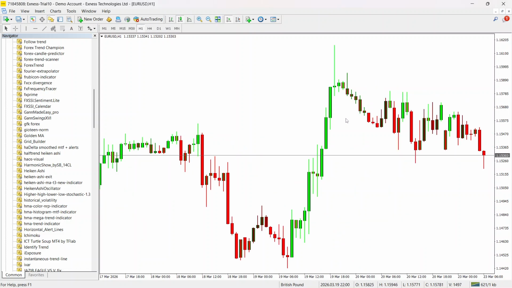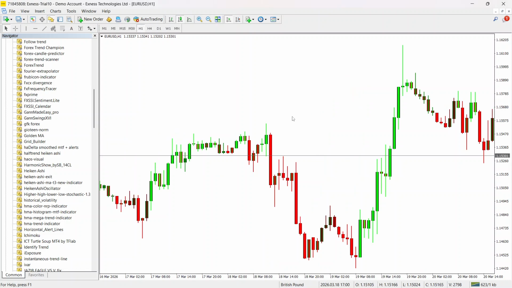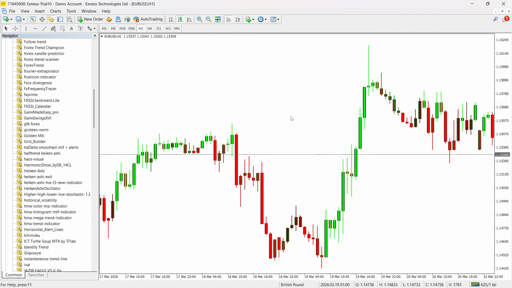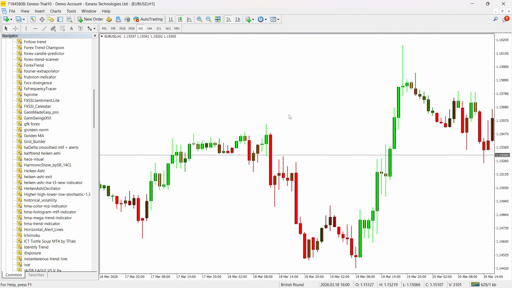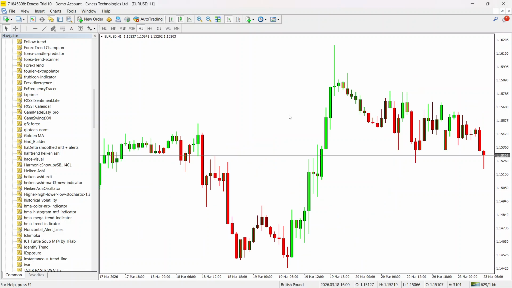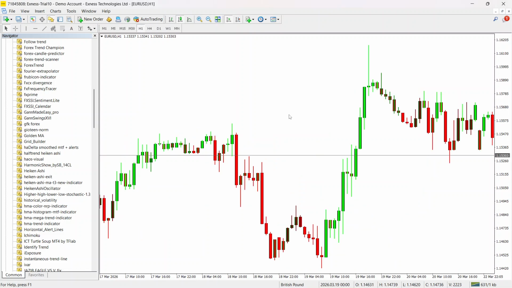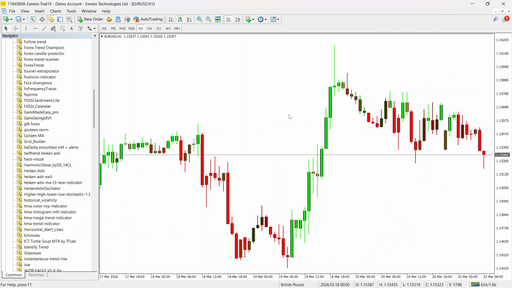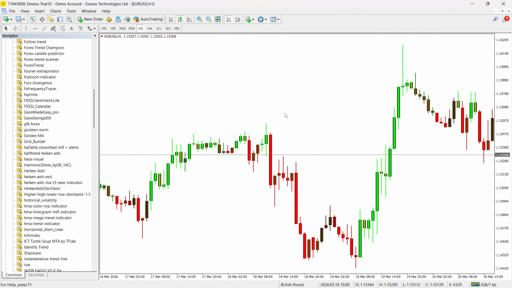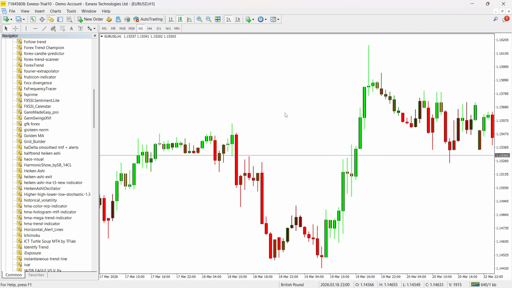Now, what are its limitations? The indicator is a visual analytical tool only and does not execute or manage trades on MT4 or MT5. As with any trend-based scanner, color changes can occur more frequently in sideways or volatile markets, and readings are based on past price behavior. So it should be used alongside other technical analysis and risk management techniques rather than as